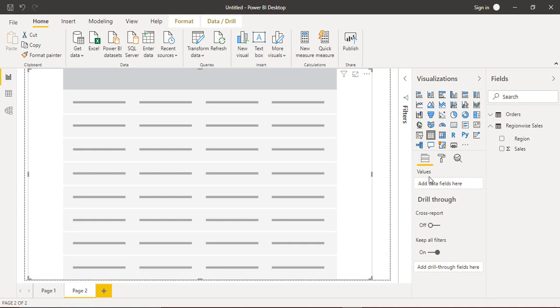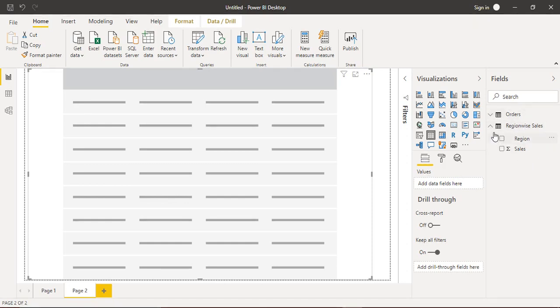In the previous options or any other options like in the charts or in the maps, we have got a bunch of fields over here like the legend, the size, the values, etc. But in the table we have only got the values. And what does this values field expect from us? It expects some kind of data or some kind of fields or some kind of columns which can be added into the table. So for this table to work in Power BI, there is a requirement that at least one table must be imported in Power BI beforehand. Then only you can just use this table.